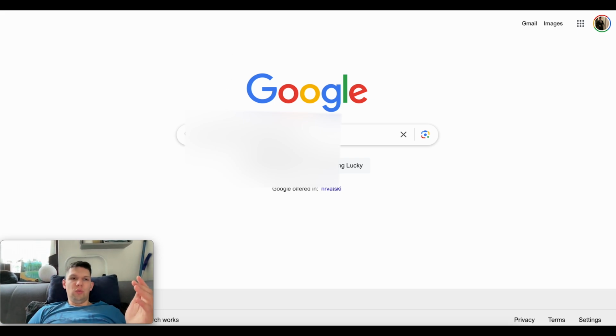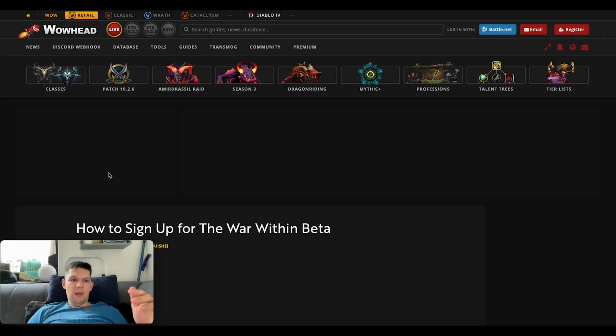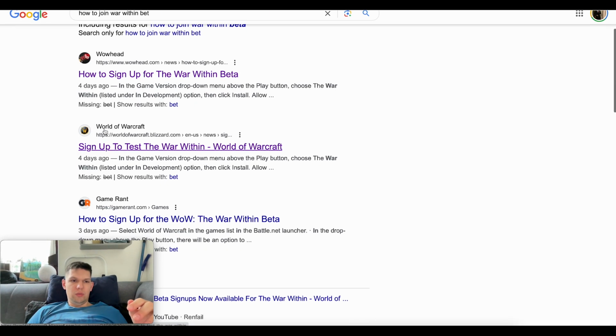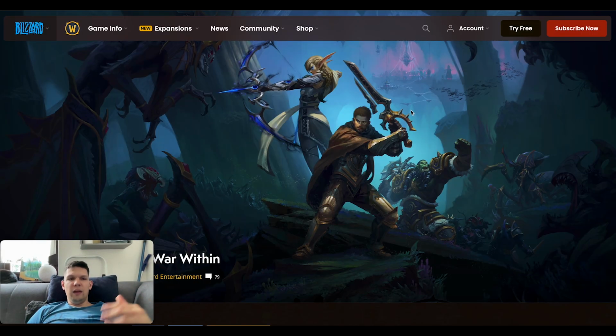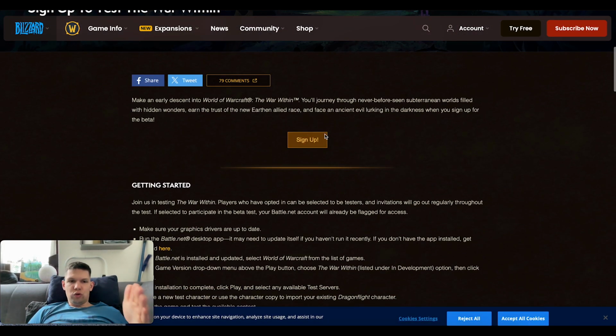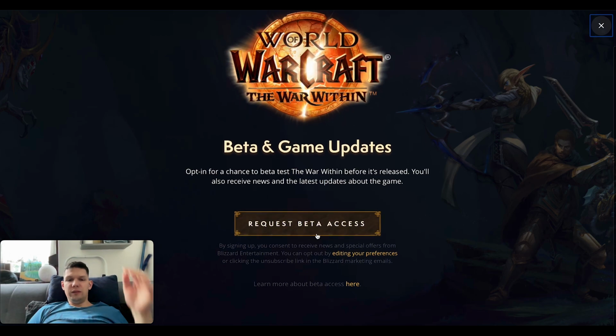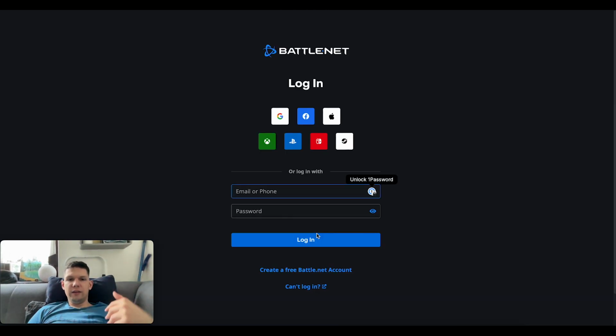So what you need to do is go to Google and type in how to join War Within beta. Then you have this link from World of Warcraft, sign up to test the War Within. You want to tap on that, and then it's going to open up this page. You scroll down and you click sign up, and then you basically click request beta access, and then you log